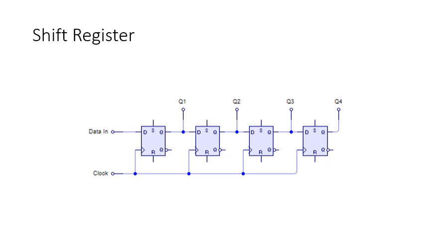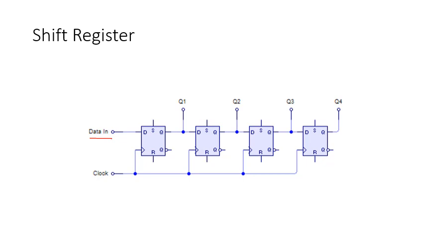Okay, so we have to understand the basic parts of this structure. First of all, let us consider this data in. So the data input is coming from this side to the first flip-flop, and Q0, Q1, Q2, Q3, these are denoting the outputs. Okay, so there are 4 output lines here and a single data input line.